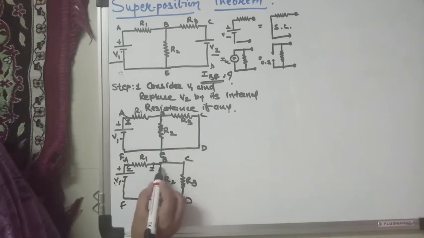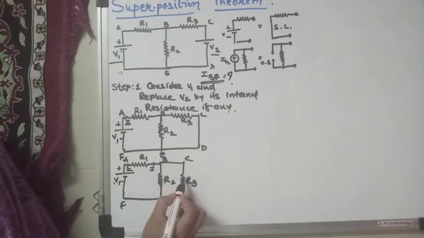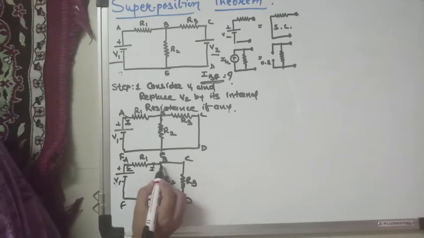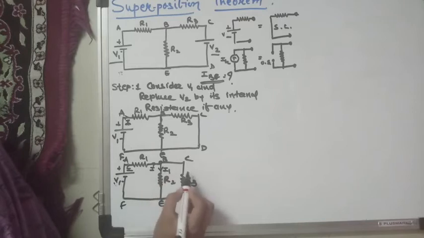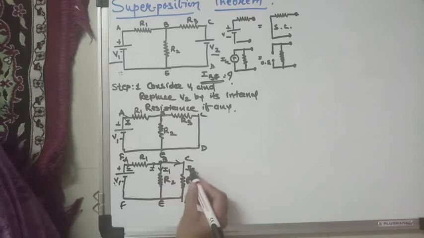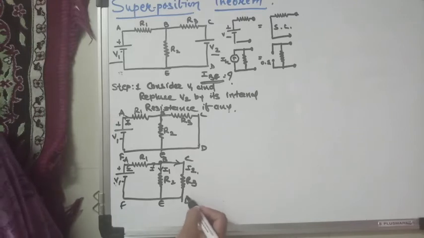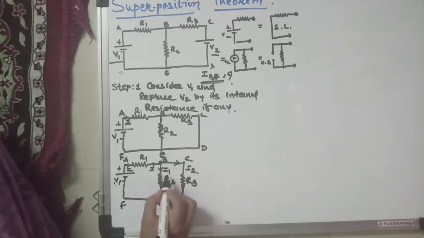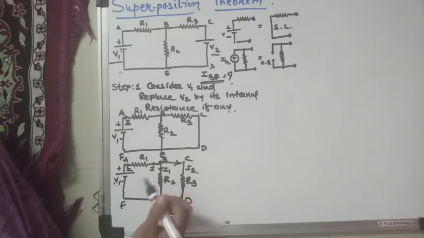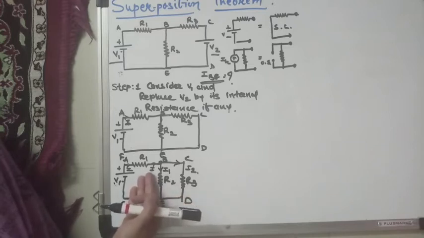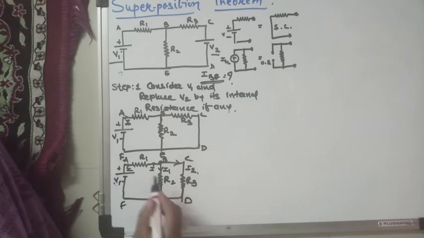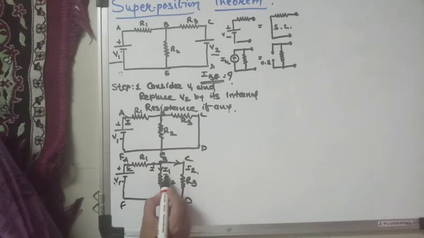So your current is divided into two branches according to KCL at node B. Here you can label them as I1 and I2. Now I1 is flowing through the branch BE, and in the same way I2 is flowing through the branch CD. By applying the division of current rule, you can find the value of I1. First of all, you have to find the value of current I by solving this network, and then finally, by applying the division of current rule, you will find the value of I1.